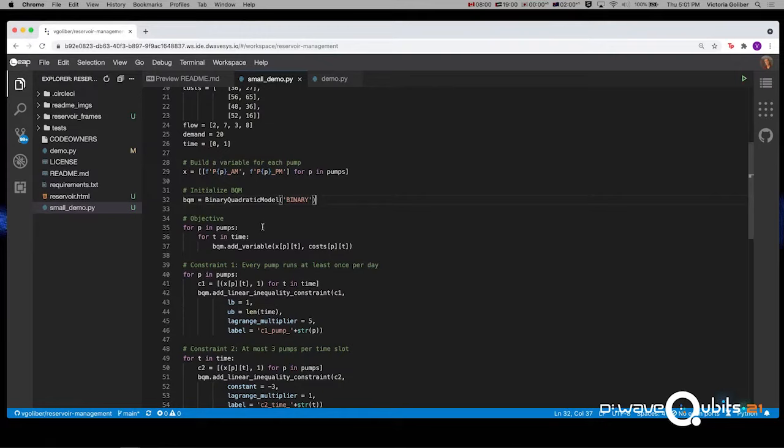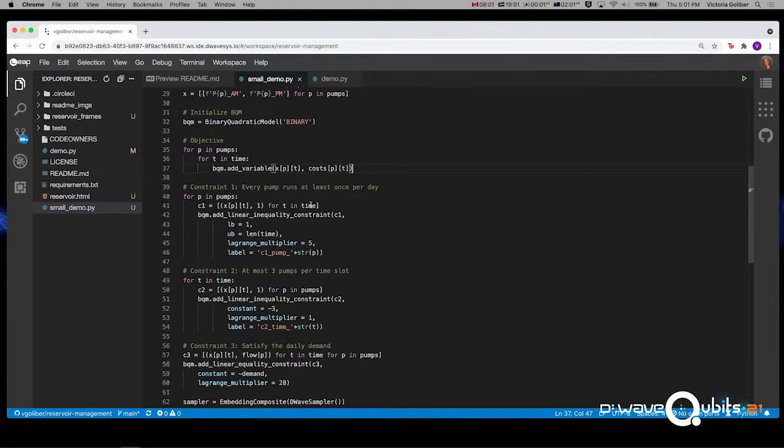So this is the same code snippets that you just saw on the slides where we stepped through everything one by one. I'm going to build up my objective. So I'm going to add a variable and assign a bias for the cost because we want to minimize cost. I'm going to add in my first constraint where every pump runs at least once per day using that add linear inequality constraint function. I set the lower bound, I set the upper bound, I set a Lagrange multiplier, and then I added a label.